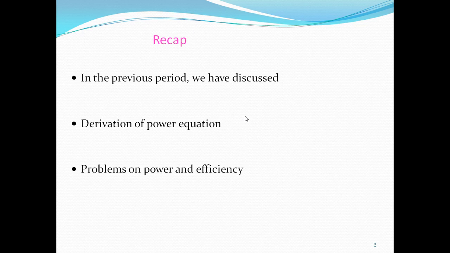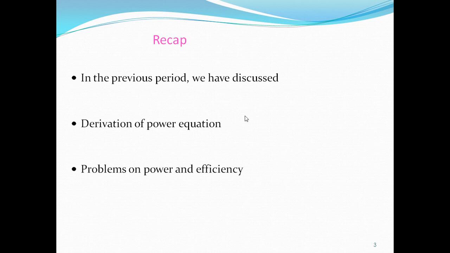How can we calculate this pull out torque? To know the pull out torque, first we have to calculate the maximum power. Power is maximum when alpha is 90 degrees. When the load angle or coupling angle alpha is less than 90 degrees, the motor is in synchronism. If the alpha value goes beyond 90 degrees, then the motor comes out of synchronism and the motor stops.